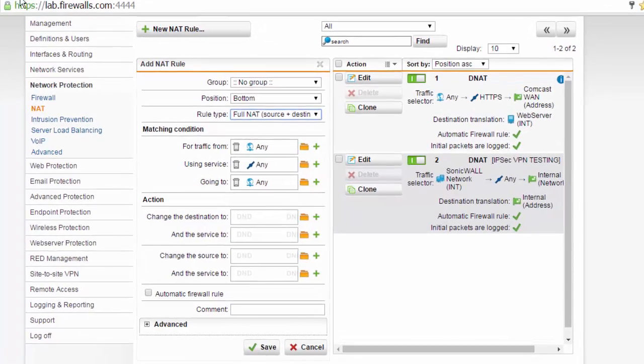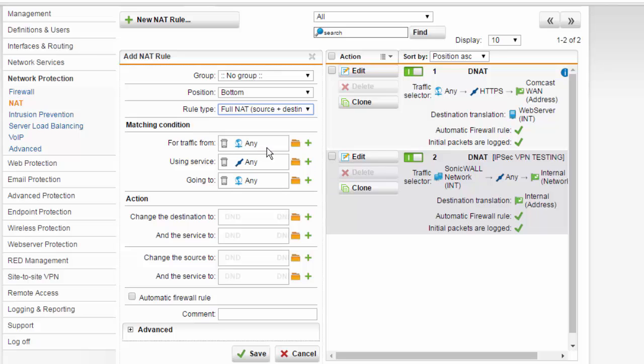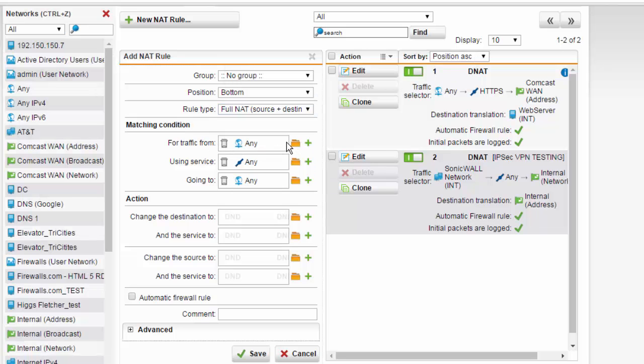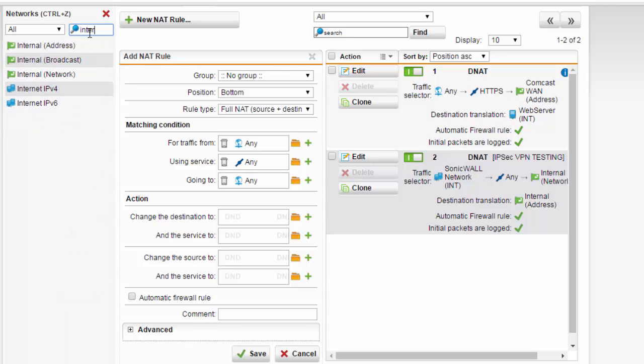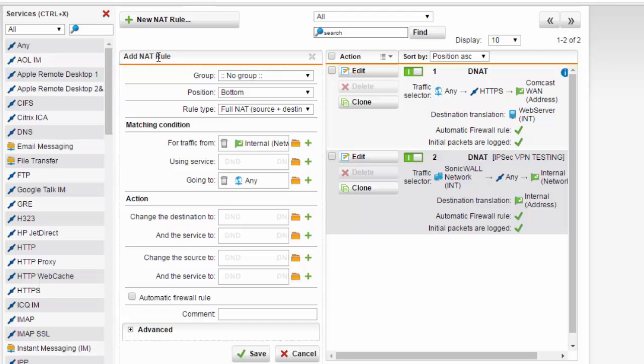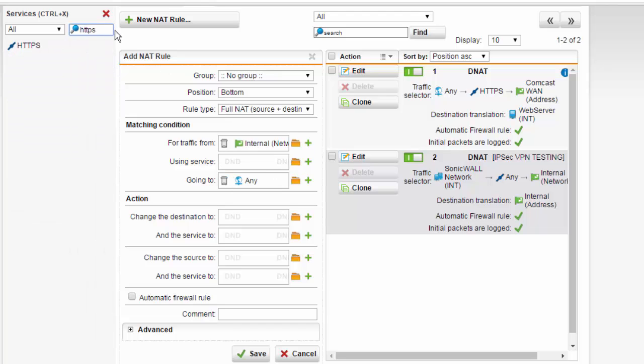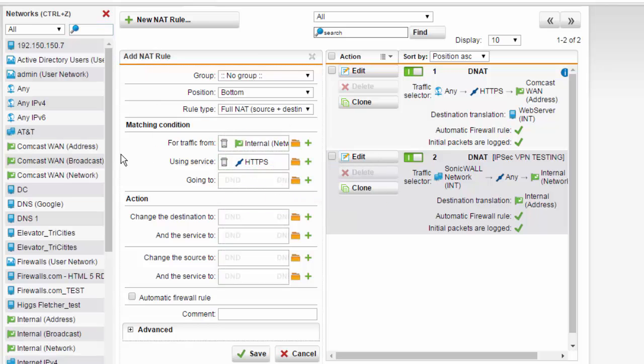So we'll come over here and create our full NAT policy, which in our example here, we want to specify where the traffic is coming from. So for traffic coming from, we'll select our internal network. And for our service, because this is an HTTPS server, we'll need to specify HTTPS. Going to, this is the original destination, which in our example is our primary public IP address. And here in the change the destination to, this is acting just like a normal destination NAT where we're changing the destination to our internal server. So we'll select our internal server host,